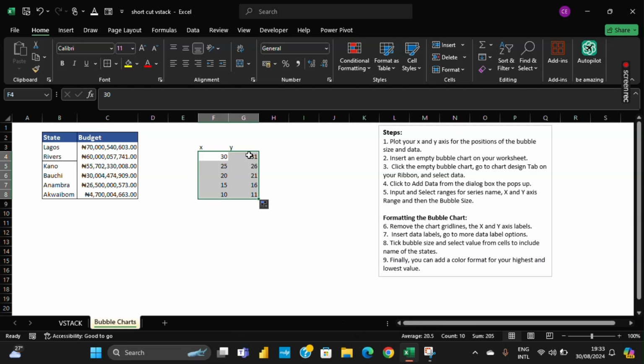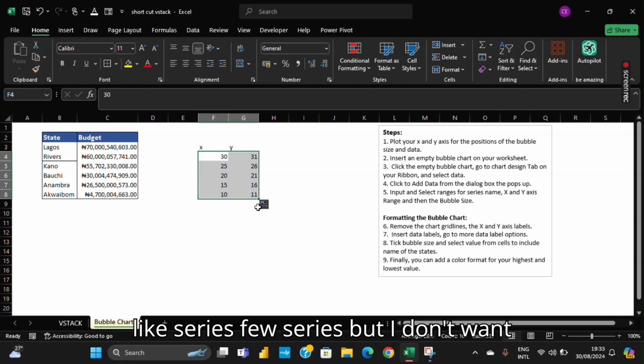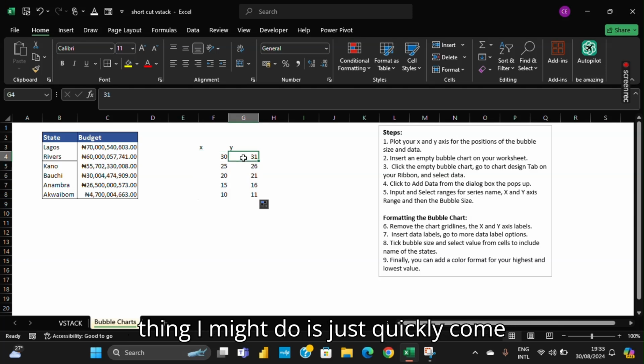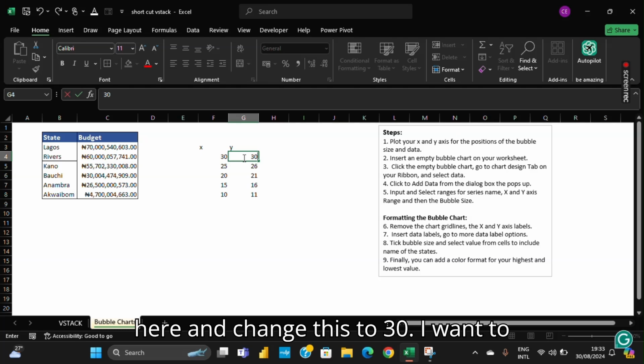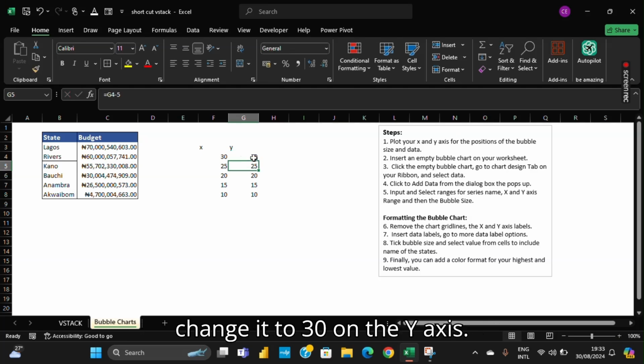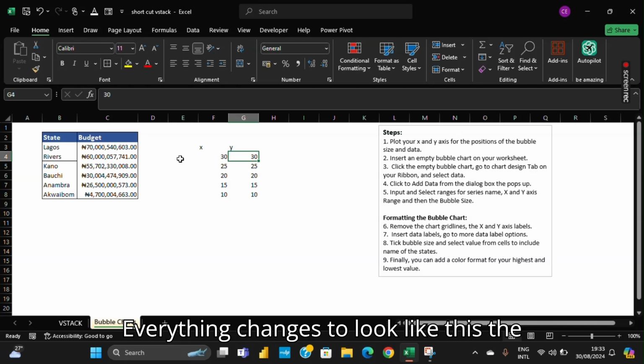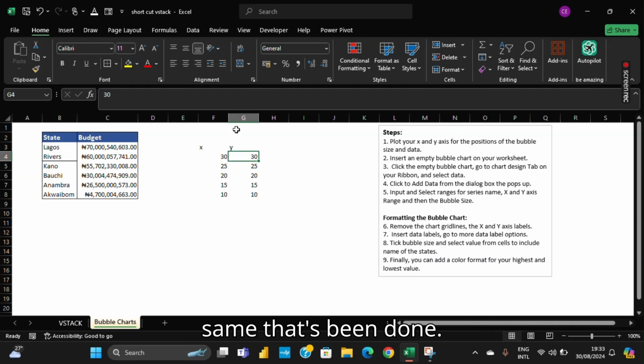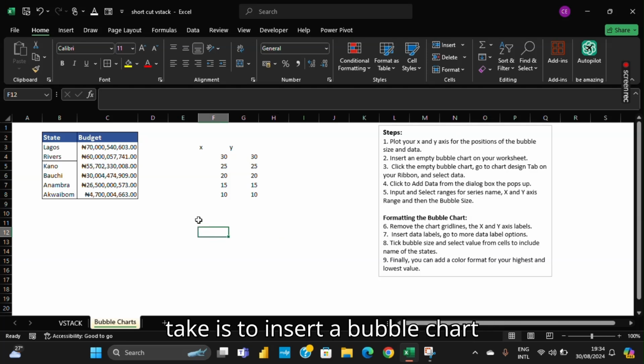The fill option I'm having here is looking like fill series, but I don't want that to be fill series. So the next thing I might do is quickly come here and change this to 30. When I change it to 30 on the y-axis, everything changes to look like this, the same. That's been done. Next, the step I will take is to insert a bubble chart